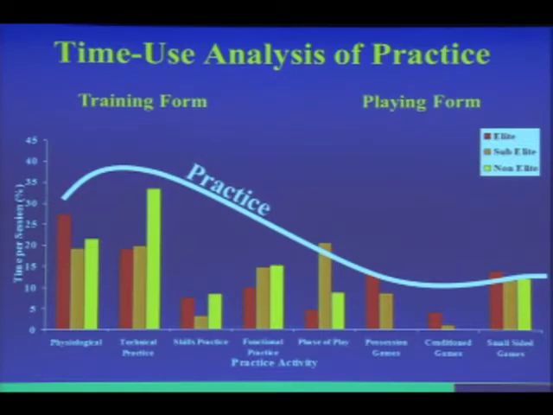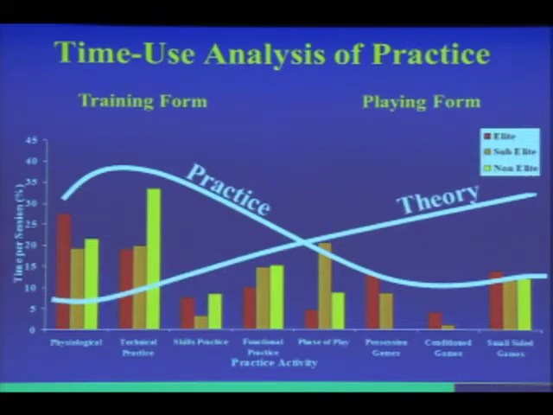What's interesting as well, there are relatively few differences as a function of skill. It seems that irrespective of the level of the players, the coaches are pretty much doing the same things. So there seems to be a theory-practice divide. The theory and the anecdotal evidence, which show the importance of non-coach-led discovery learning type environments, suggest that this type of activity is very important in terms of the development of elite players. But when we actually look at what the coaches are doing in the club environment, a lot of time is spent in drill and grid-based practice, unopposed technical skills training, and in physiological work without the ball.